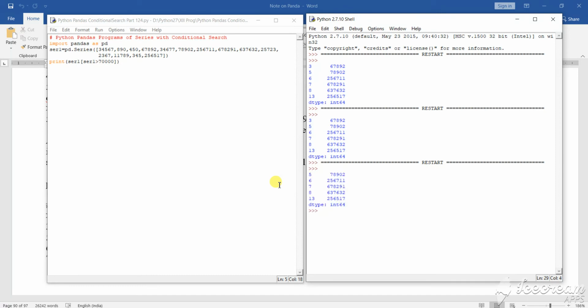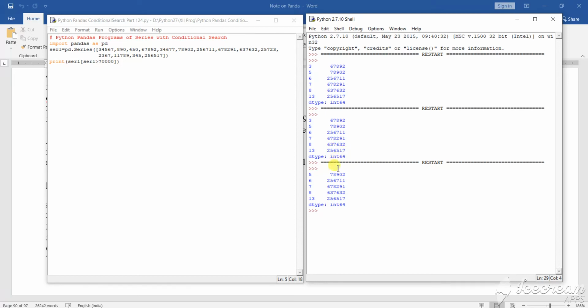Have you seen the changes? So those are the ways you can use the program, by giving several conditions. Here I have given greater than; if I give less than, then it will be less than. As per the condition you apply, you get the output. I have shown you three different cases.